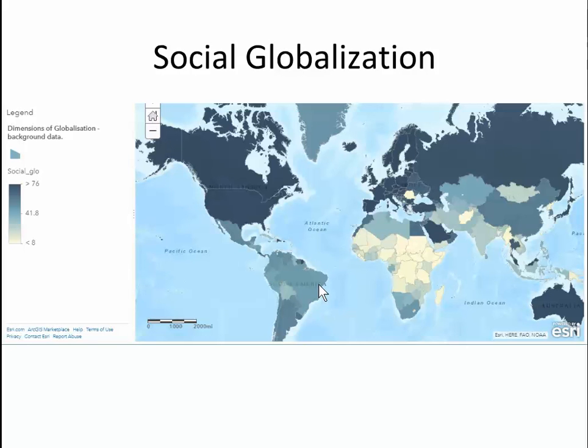So globalization has these three components, and they differ from place to place. And as we look at each region, we're going to see how these three elements differ. But what I want you to take away from this, again, is that idea that globalization is the level of interaction and integration. That's our key idea.